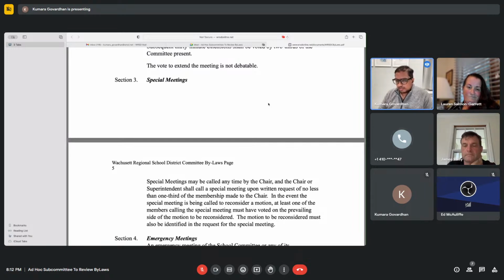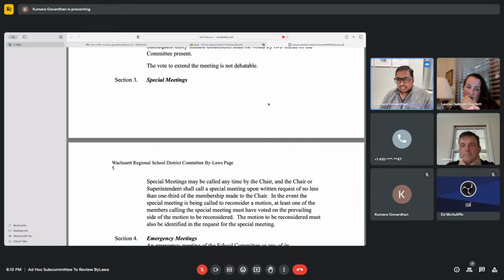Yeah. And not to go down the weeds of Robert's rules, but typically any motions that get made and voted on, whether in the affirmative or the negative, you don't see the same motion for a topic come up more than once without it somehow getting reintroduced, from what little I've seen in meetings. But I see why they put this section in there. Most of the times when I see special meetings called, I feel like it's related to deadlines that we have to meet. Yeah, contract, budget. Right.